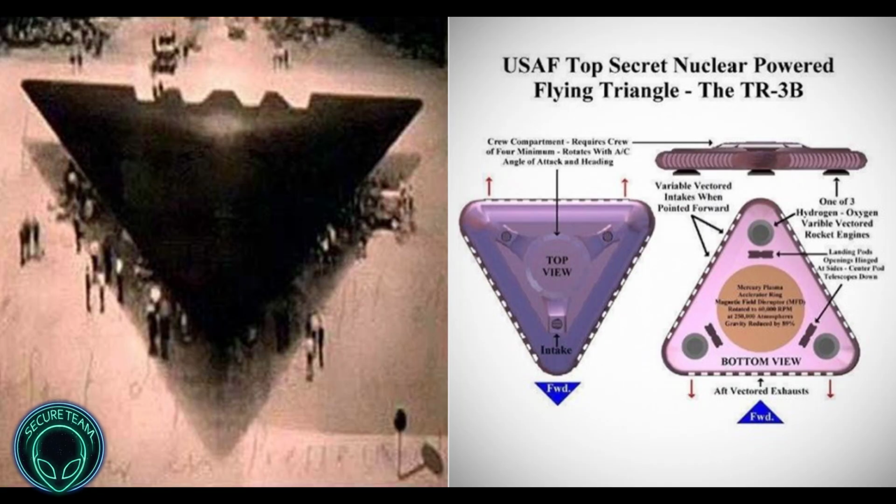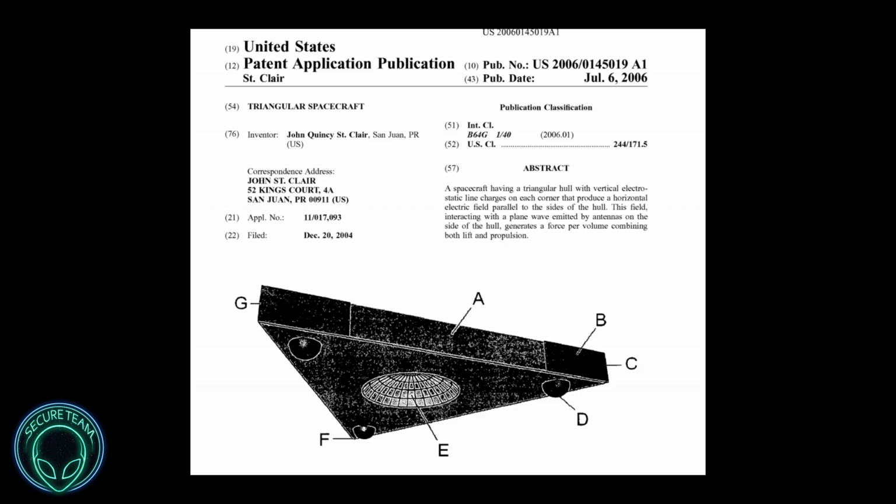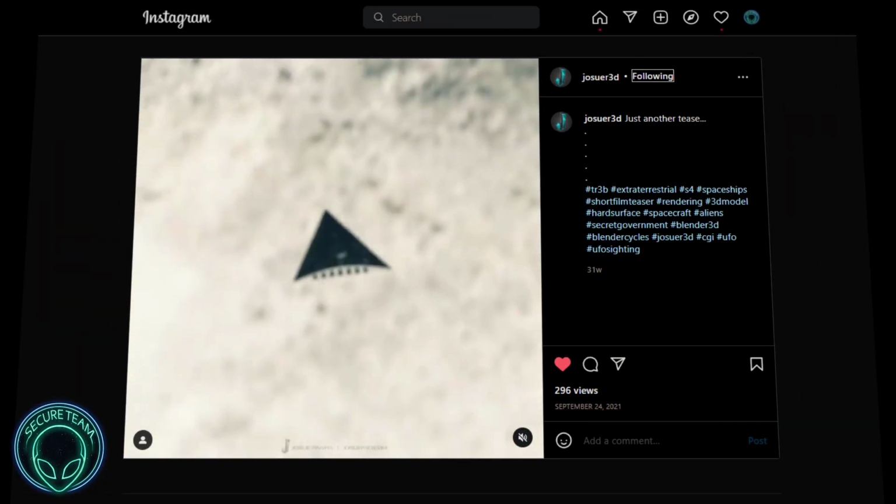And you can see the distinct triangular shape of this thing, a light on each of its three corners, which is identical to the legendary and mythical craft. We know that the government back in the late 80s was working on a triangular craft called the TR-3B or TR Black Manta, but then abruptly said that they were no longer working on it and the whole project was shelved. And of course, I don't think really anyone bought that,